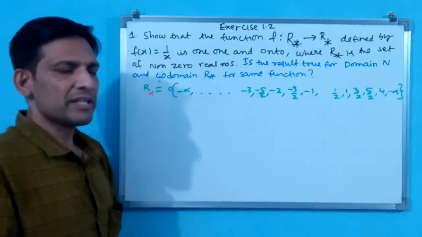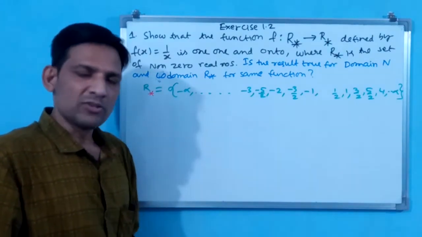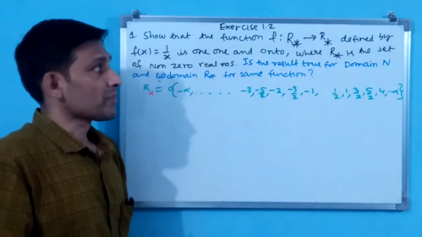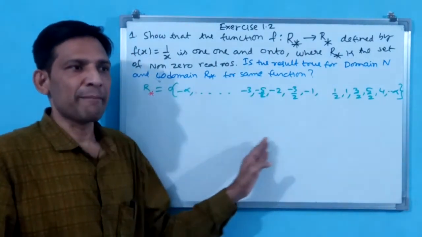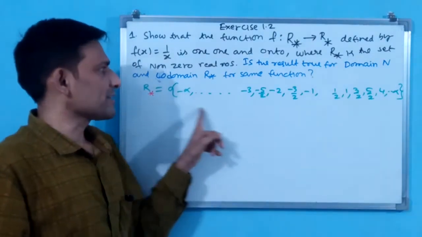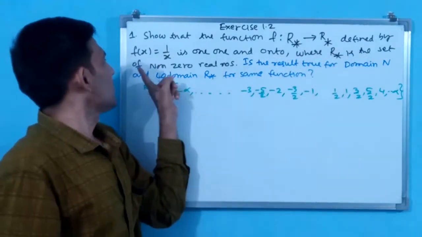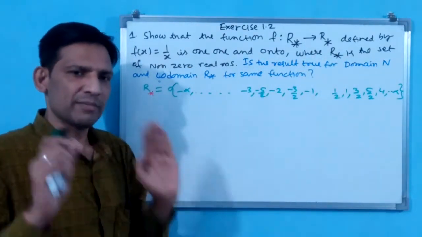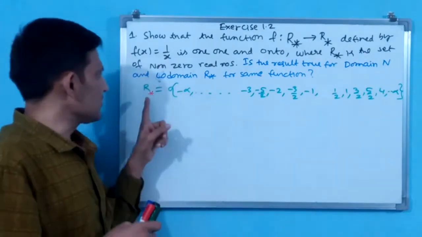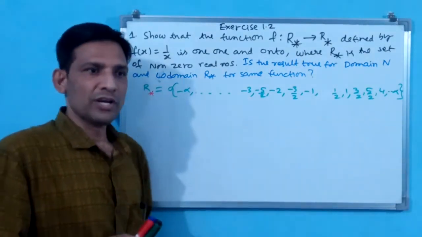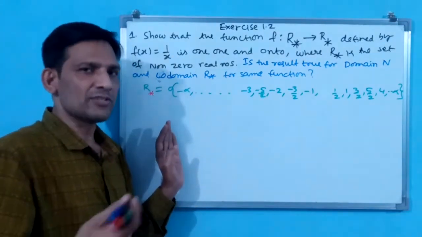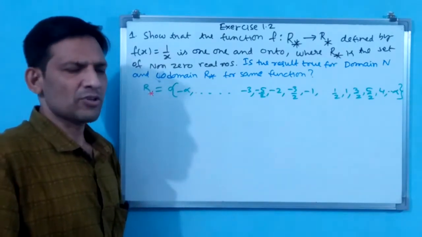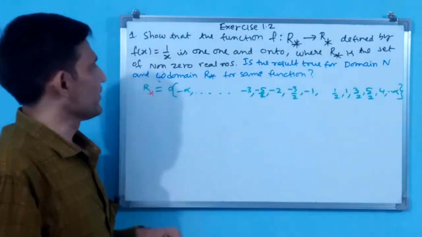See, in your examination, whether it may be board exam or public examination or IIT, JEE or MSET or whatever it may be, if they give such type of notations, special number sets, they are going to write this, where R star is the set of non-zero real numbers. 99.99% they write. If they don't write, then you have to take this R star as non-zero. N star, N is already non-zero, but Z star means non-zero integers. Like that you have to take. But they give, don't worry.